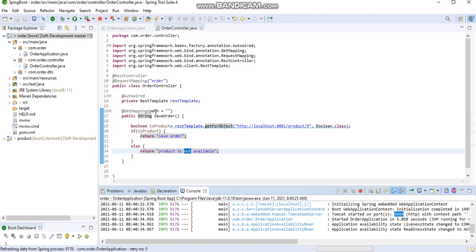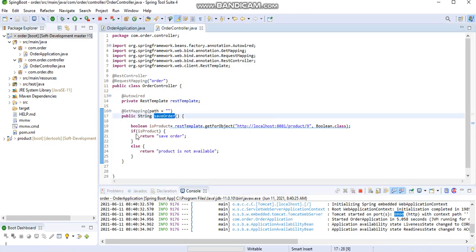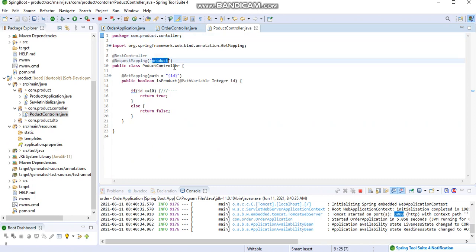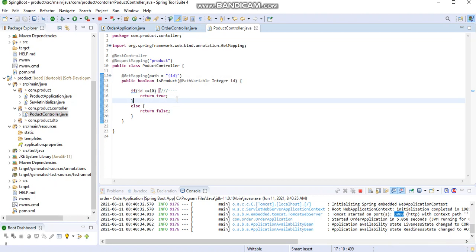We will hit the order service, and the order service hits the product service's controller URL with the ID passed dynamically. If I provide an ID below 10, we will get the message order saved, and if we provide above 10, we will get the message product is not available.